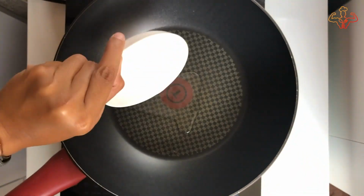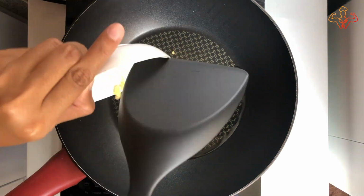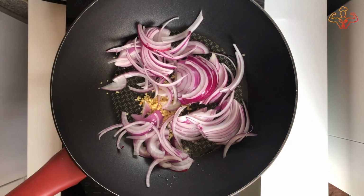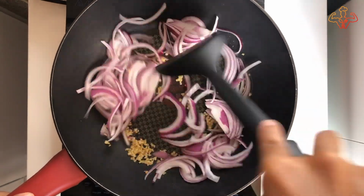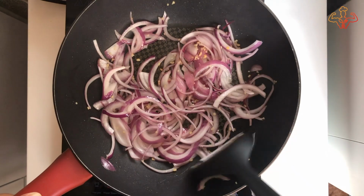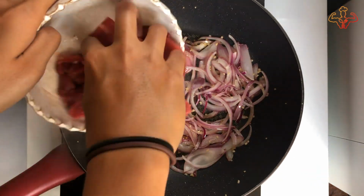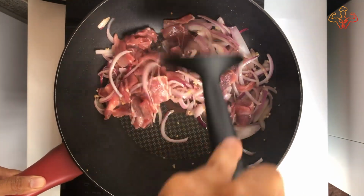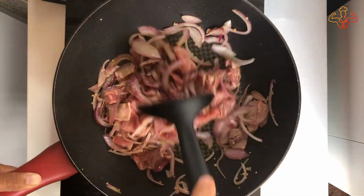Alright, so first things first, you'd want to add in some coconut oil, garlic, and red onion into your pan at medium-high. Stir fry for about 1 to 2 minutes. And then add in the beef slices and stir fry for about 3 to 4 minutes until it is cooked